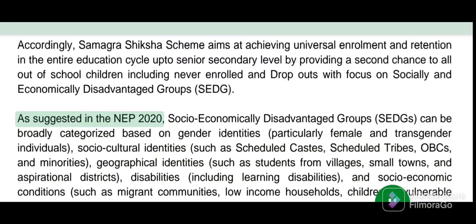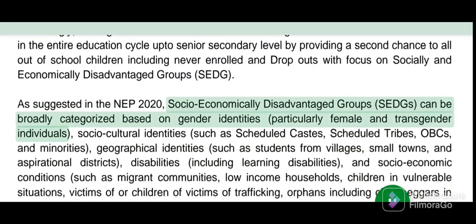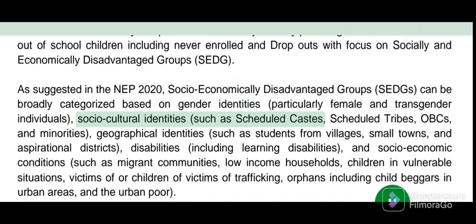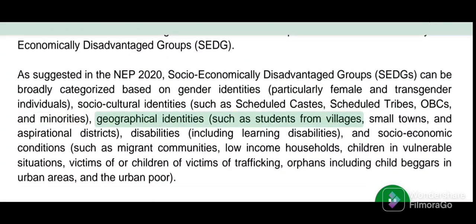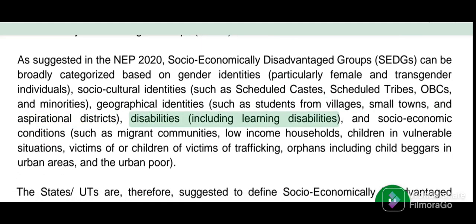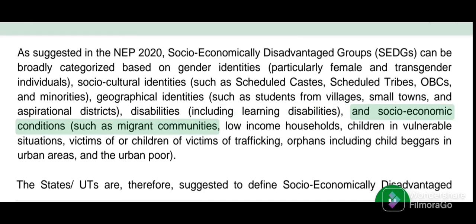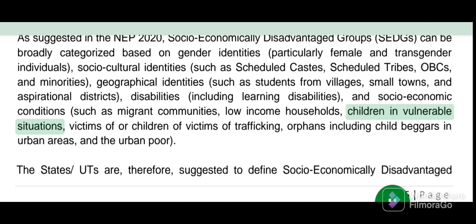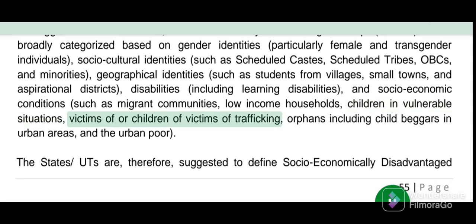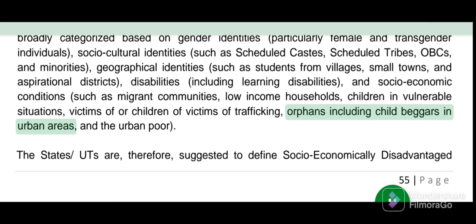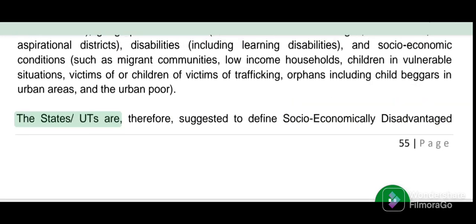As suggested in the NEP 2020, socio-economically disadvantaged groups (SEDGs) can be broadly categorized based on gender identities, particularly female and transgender individuals; socio-cultural identities, such as scheduled castes, scheduled tribes, OBCs, and minorities; geographical identities, such as students from villages, small towns, and aspirational districts; disabilities, including learning disabilities; and socio-economic conditions, such as migrant communities, low-income households, children in vulnerable situations, victims of or children of victims of trafficking, orphans including child beggars in urban areas, and the urban poor. The states and UTs are, therefore, suggested to define socio-economically disadvantaged